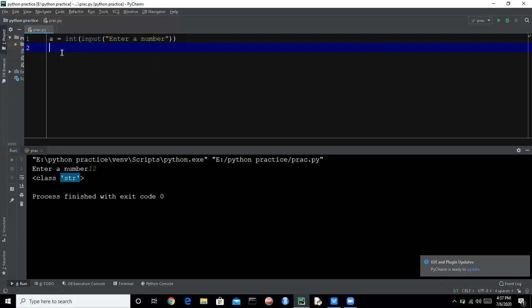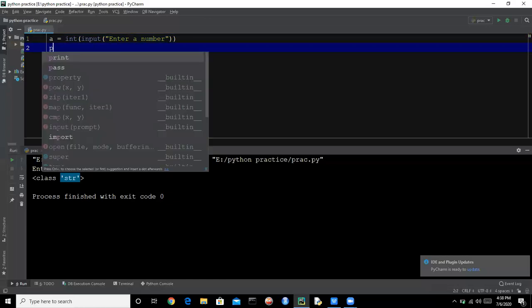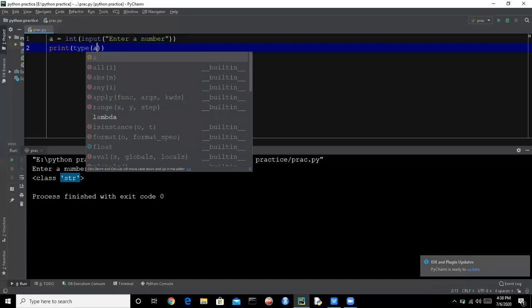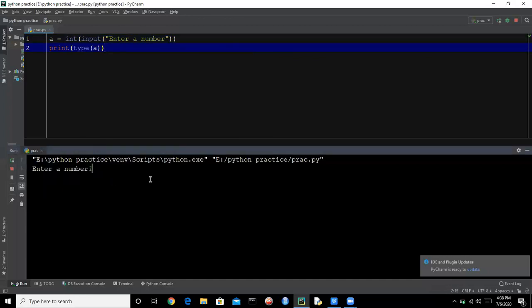You can say we are passing the argument in integer. So this will get input from the user and pass it into the integer constructor, and the number will be an integer. So let's print type of A now. So let's say it is 12, and now it is giving us the output integer.